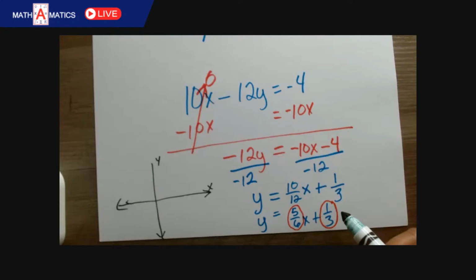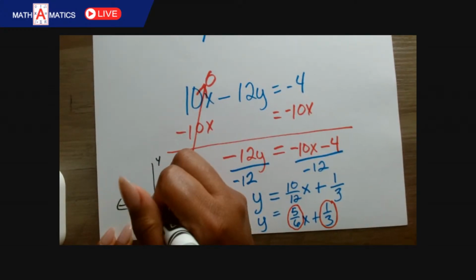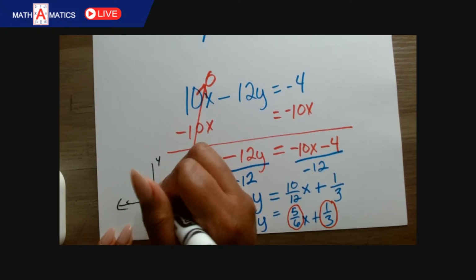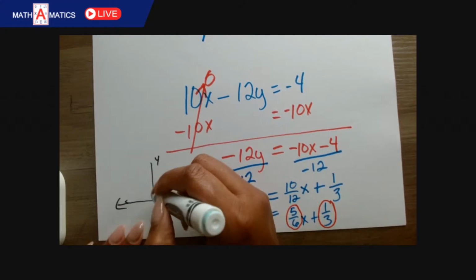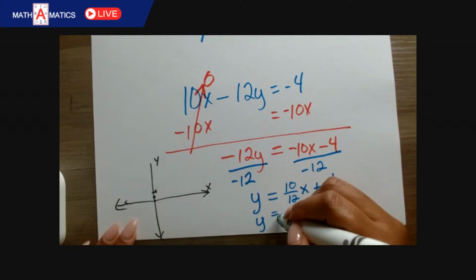Our y-intercept is when x is 0. So when x is 0, and we said 1/3, so let's say maybe it's about here, especially if I said 1 was here. And then we would take our 5/6 and we would go 5 up, 6 over, because